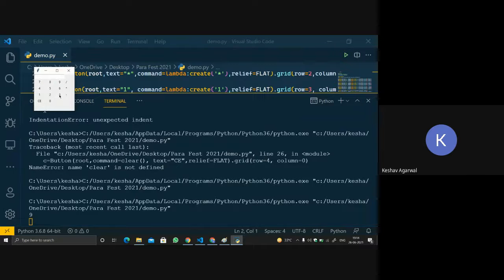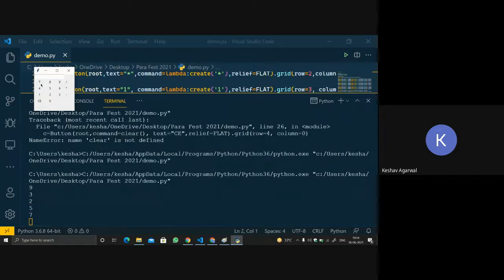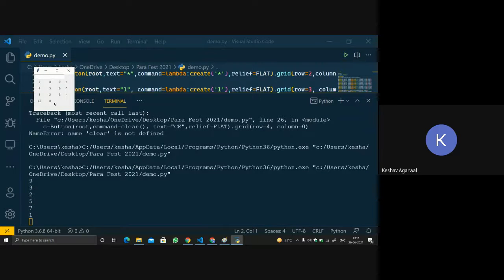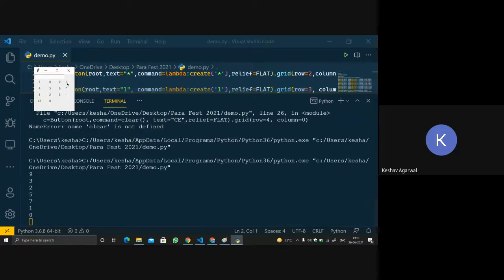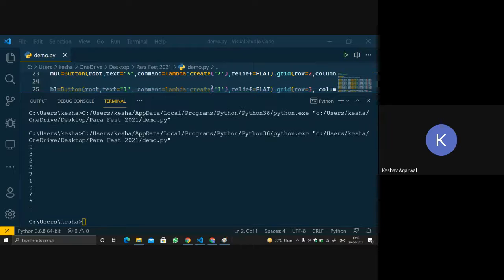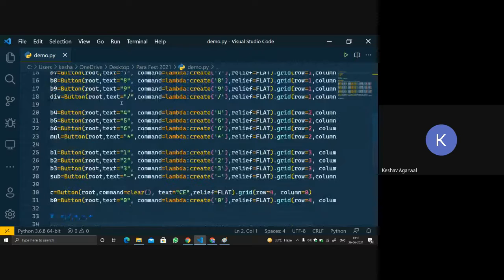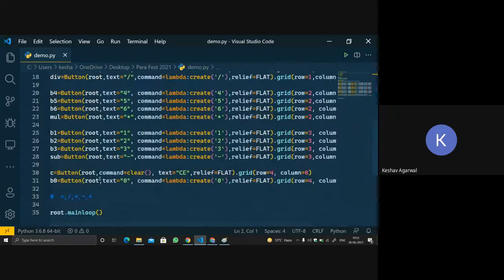Let's click on 3, 3, 2, 5, 7, 1, 0. Divide, multiply, star, sorry, minus. So this is what is happening: whenever we click any button, we get whatever value we are putting inside create, and we are passing that value to the function create. Cool? Is it cool to everybody?